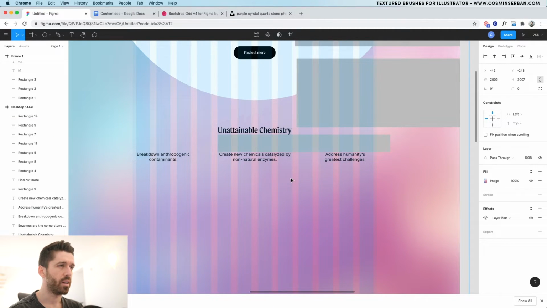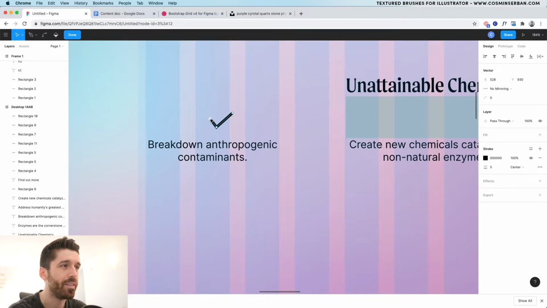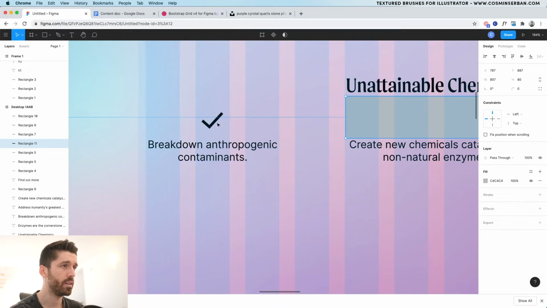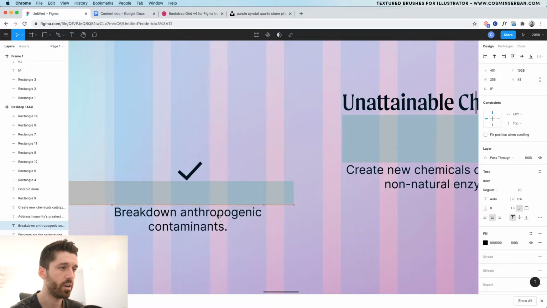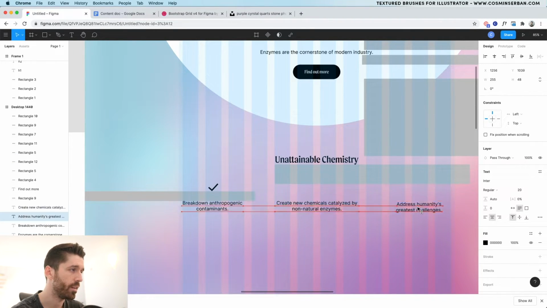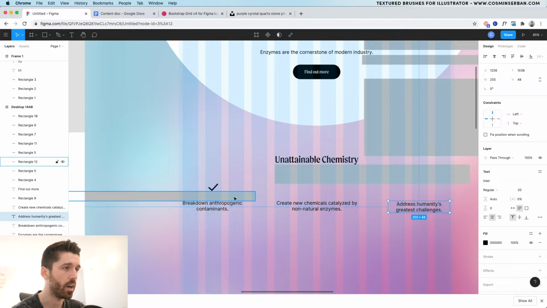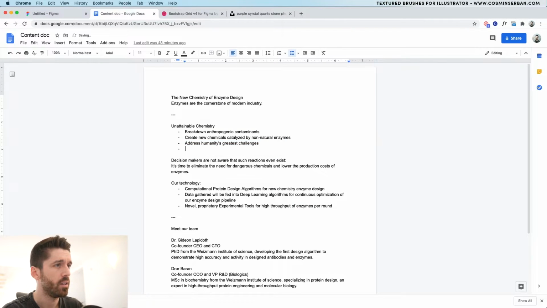This looks pretty good, but I would like to have some kind of a graphical element to support it. So for that, I'm going to create a checkmark using the pen tool, create a quick checkmark. This checkmark will have a stroke outline. Double click to go inside it to modify it because it wasn't looking too good, but it needs to go down and be aligned with that 80. I'm going to place 40 here, use the keyboard just to get it right. I'm going to place this one and this one. I'm going to align them at the top and then make copies of the check marks. And this is the end of the second section.